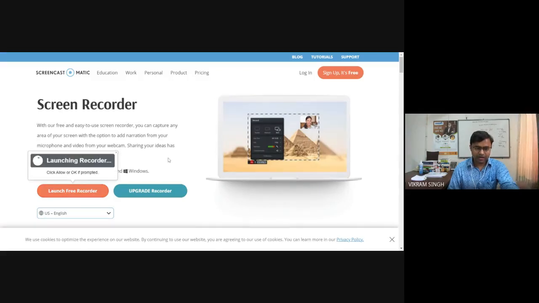So it will launch some kind of recorder application, right? So let's wait for it to initialize. And if you want to keep an extension of its Screencast-O-Matic software, you can simply click on download and initialize this, right?